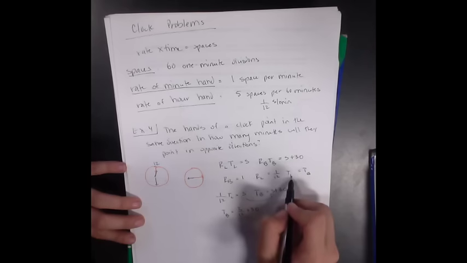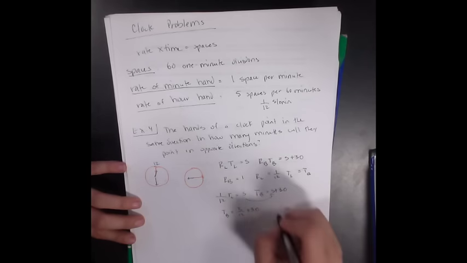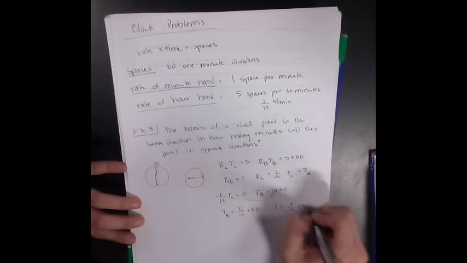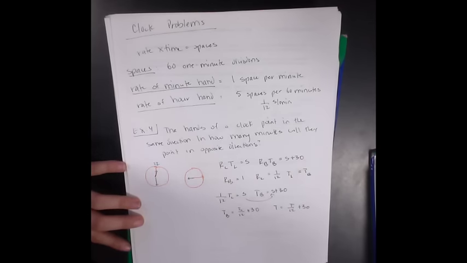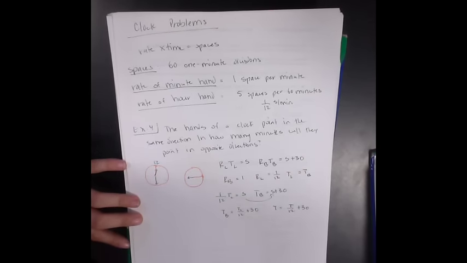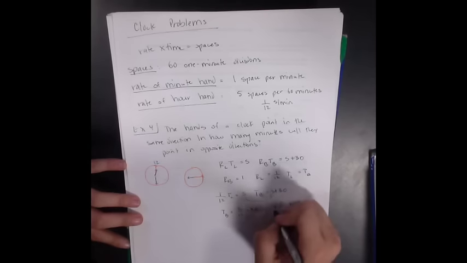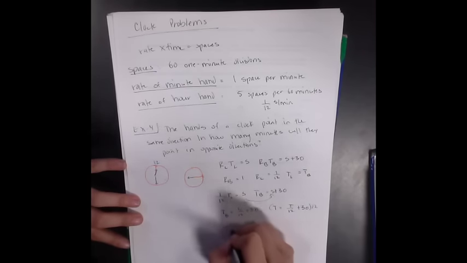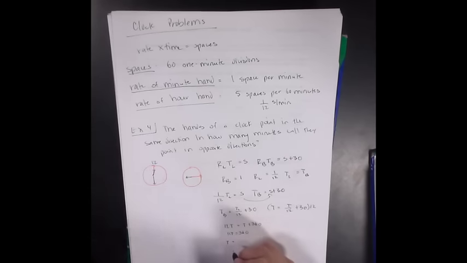And I know that my time of my little hand and my time of big hand are equal, so I just get t is t over 12 plus 30. Okay, and I'm just going to solve this. I'm going to multiply everything by 12, giving me 12t equals t plus 360, so 11t equals 360. So t